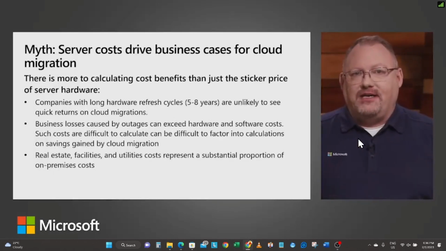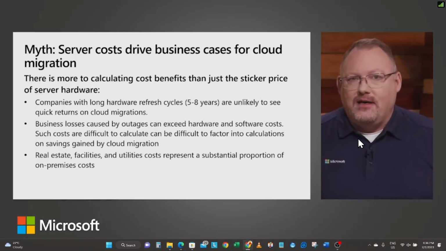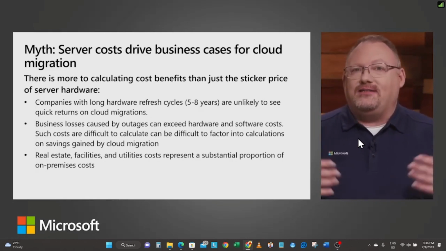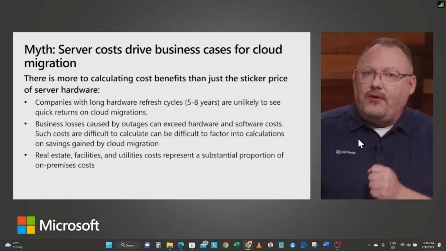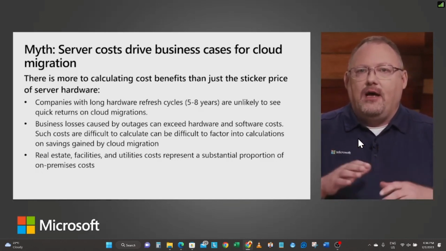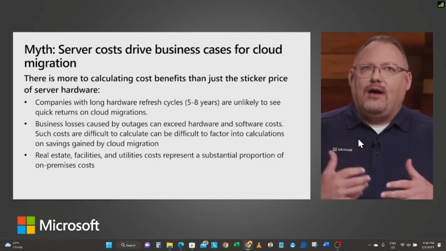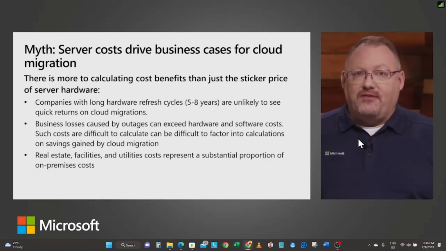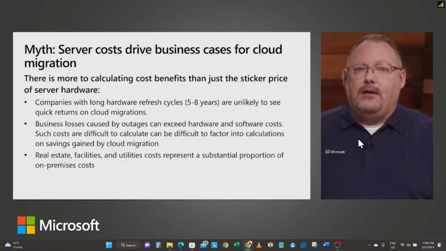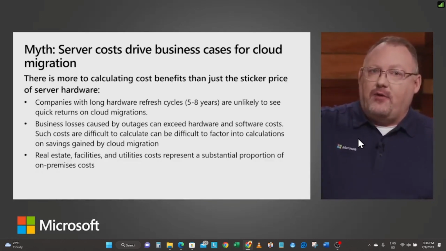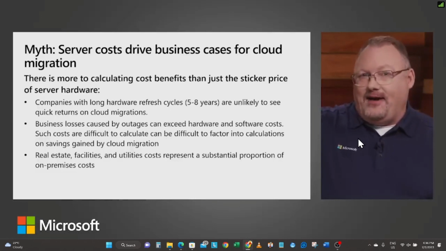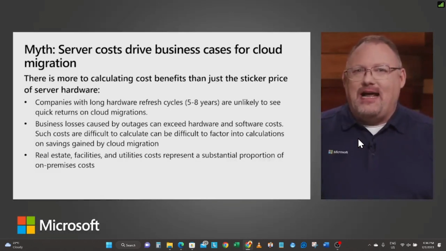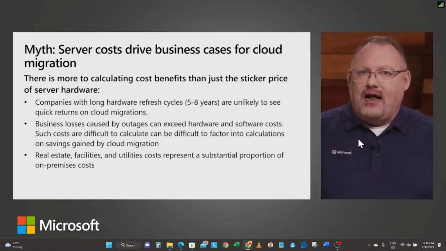Server costs drive business cases. We talked quite a bit about this. They don't. Costs are a part of that. I would say cost is the benefit. If you look thoughtfully at the cloud, at moving this environment, you're going to want to look at what is the business benefit? What can I do? And I talked about the rhinoceroses. There was a business benefit they couldn't even do on-prem. Do they necessarily care how much it's going to cost to save a rhinoceros? They probably care about how they monitor and have that environment taken to its fullest potential, but guess what? They're saving rhinoceroses. That drove the entire decision.